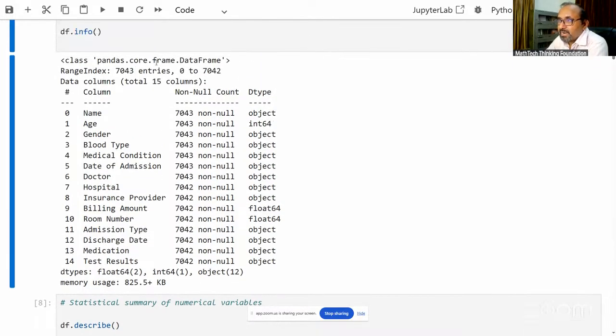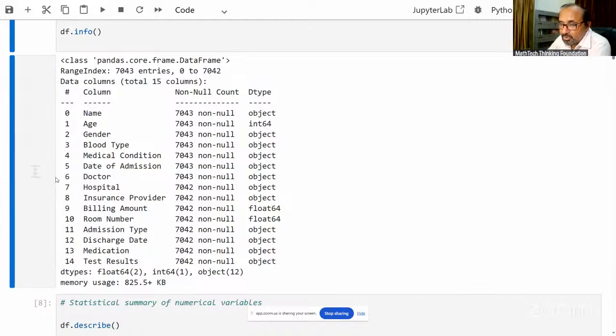Class pandas DataFrame, range index 7043 entries, starting from 0 to 7042. This is because index in Python starts from 0. Then the total columns you can see here are 15, and in the first column,